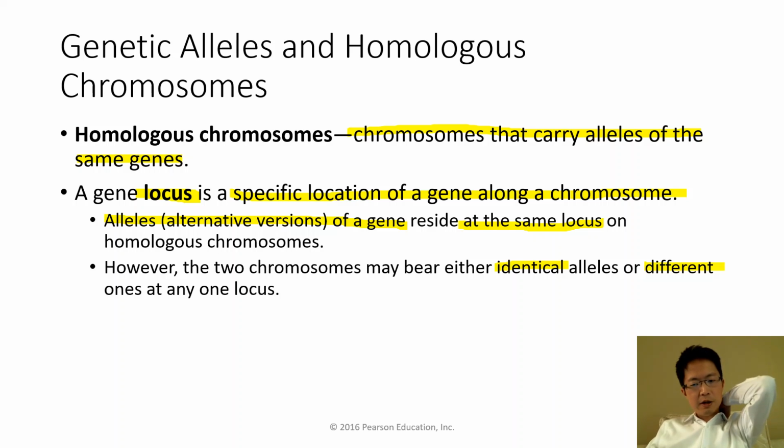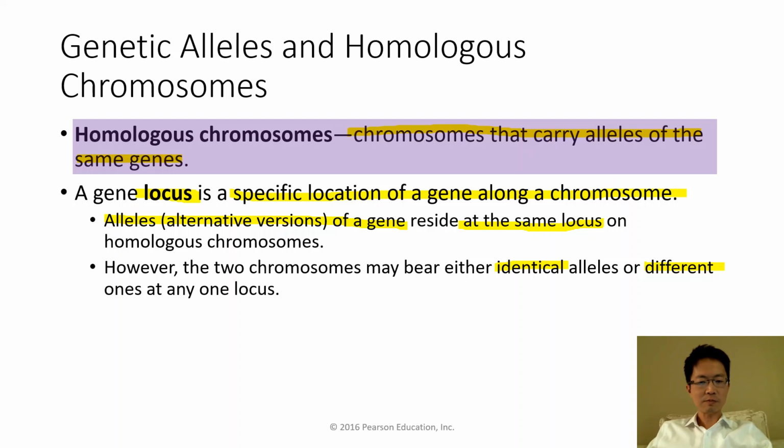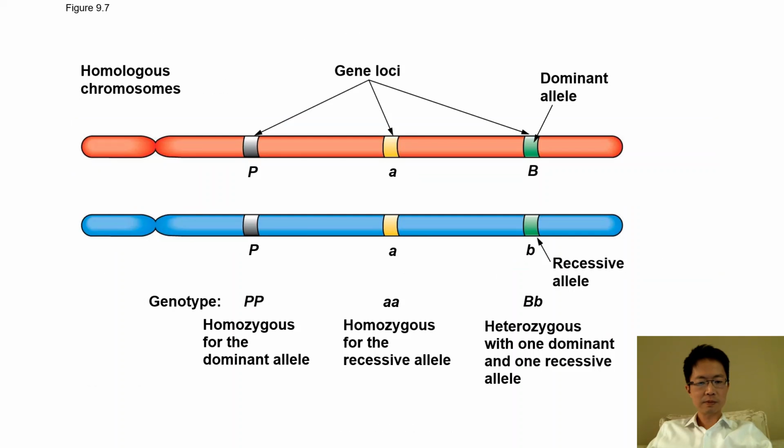Let me repeat, I may have said something wrong. Different alleles: if the two chromosomes carry different alleles, we call it heterozygous dominant. If they carry identical alleles, we call it homozygous dominant or homozygous recessive. So let's take a